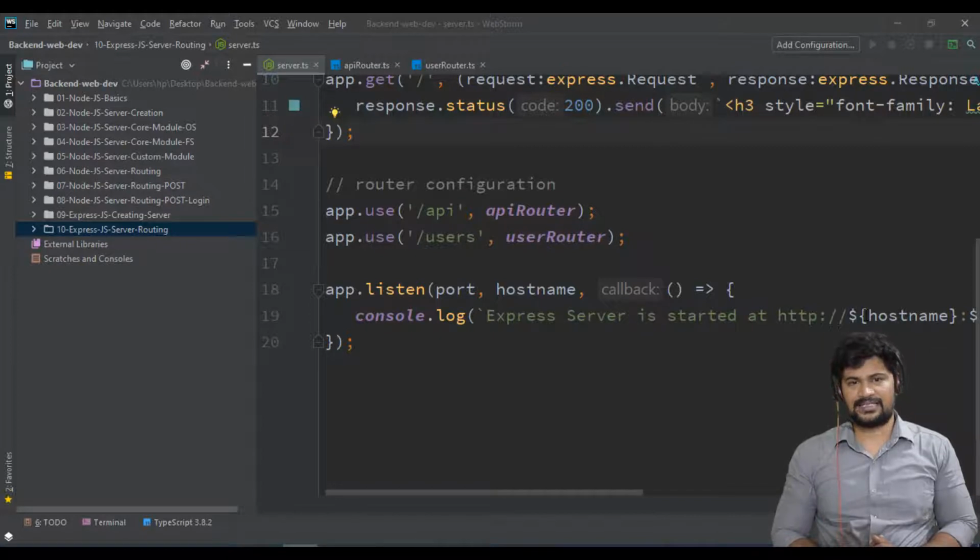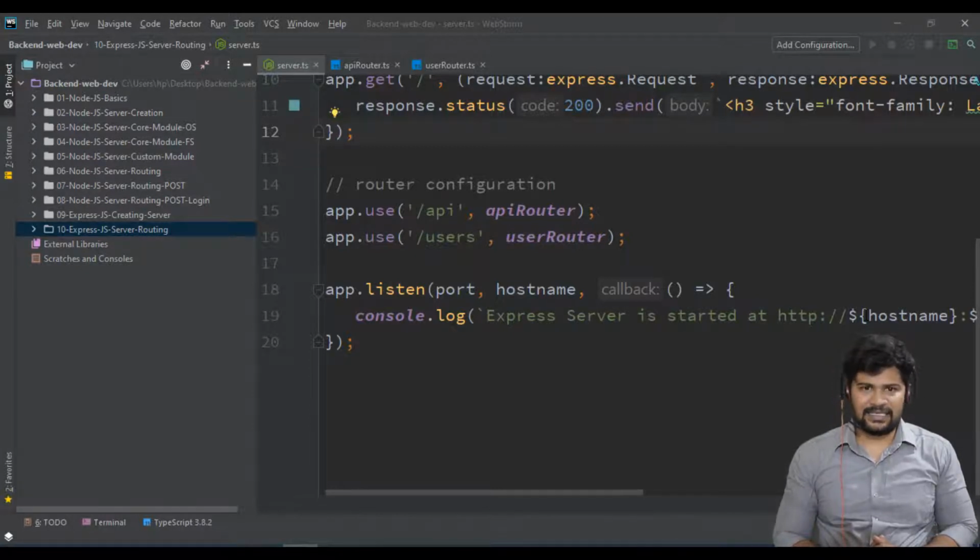Last class we discussed Express.js routing, and every route we discussed was just a GET request. We are expecting some response from the server. Now let's see how to accept form data in Express.js. For example, on the client side you have a form, and when you submit the form data, how will the server receive it and act upon it?